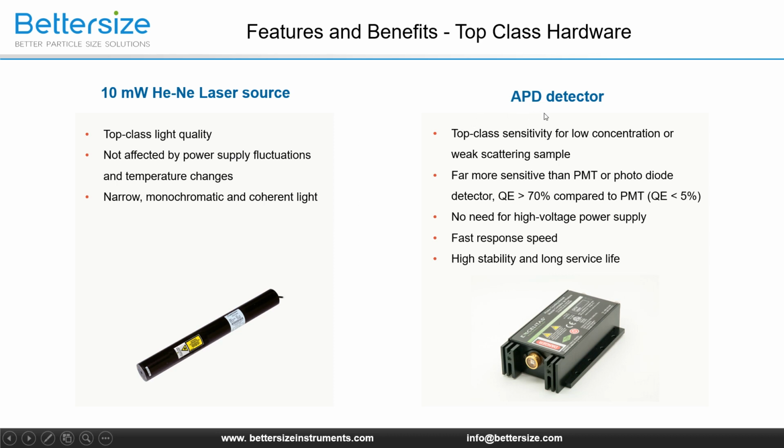The APD detector, avalanche photodiode detector, is used in the BeNano 90 Zeta. The detector significantly decides the sensitivity of the instrument. APD is a more advanced detector than photomultiplier or photodiode detector because its quantum efficiency is larger than 70%, which is a huge progress compared to PMT. There's no need for a high voltage power supply in the measurement, and it effectively increases signal-noise ratios due to high sensitivity